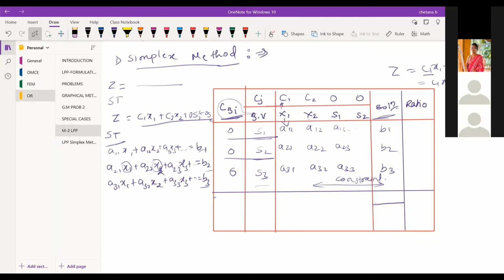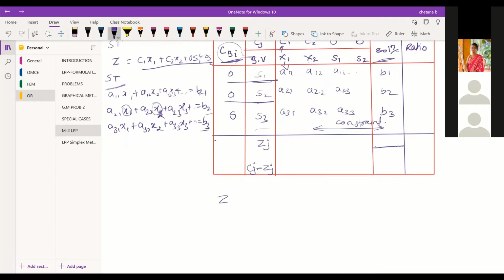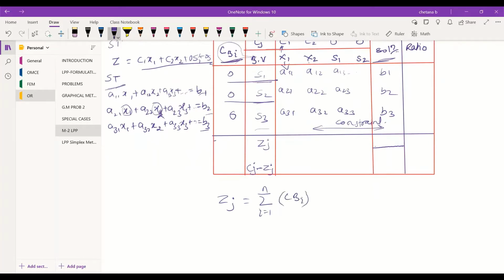Then after that you need to see what will be Zj and what is Cj minus Zj. There is a calculation part for Zj, that is Zj is equal to summation of i equal to 1 to n CBi, that is coefficient of basic variable, into Aij.